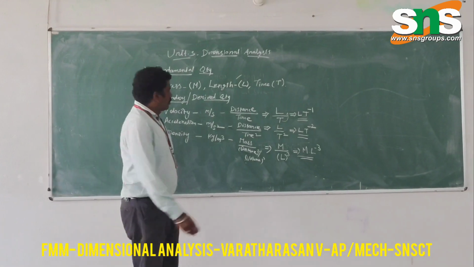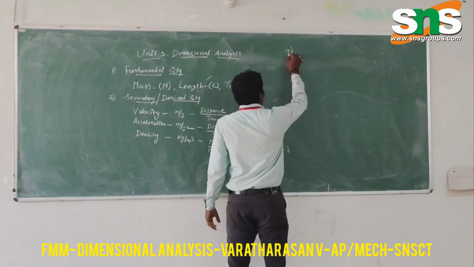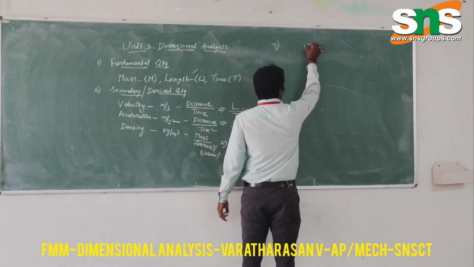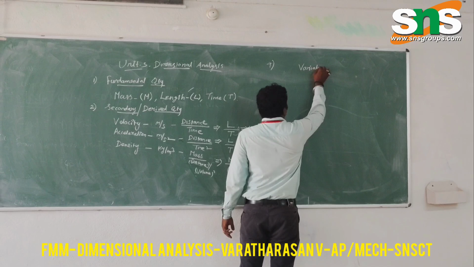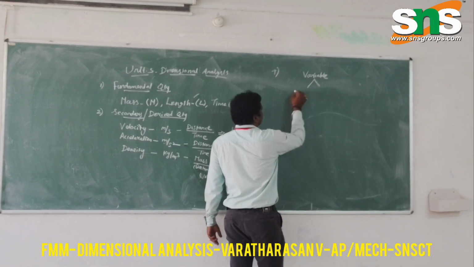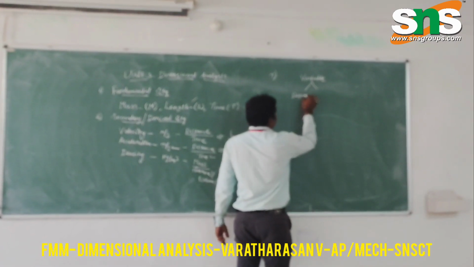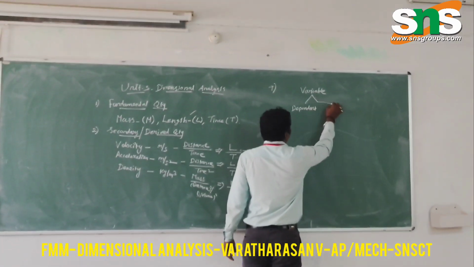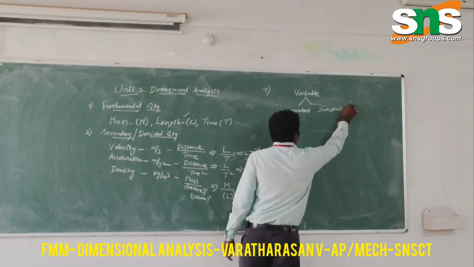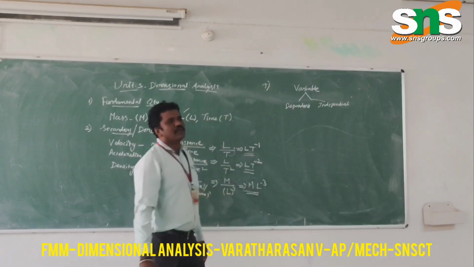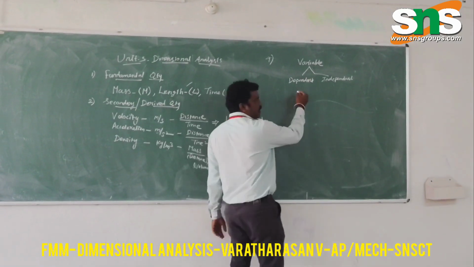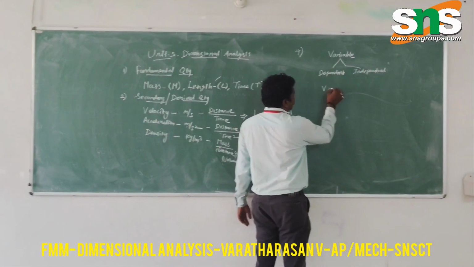After that, the fourth important thing in dimensional analysis: variables. The variables can be divided into two types. One is the dependent variable, and the other one is the independent variable. Before that, we just want to write one of the formulas for velocity, root of